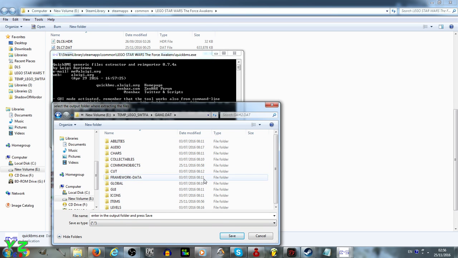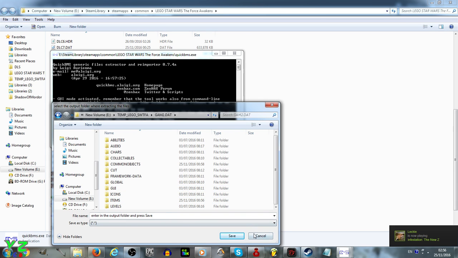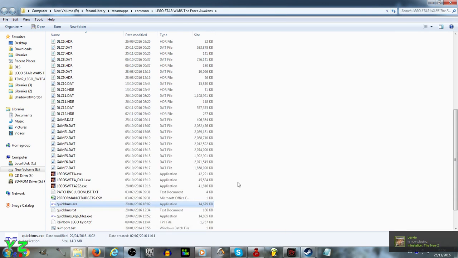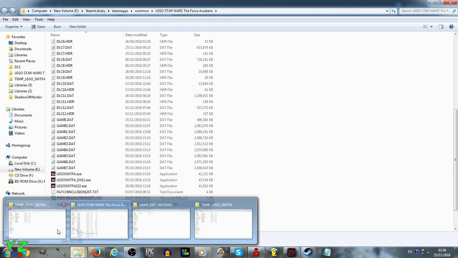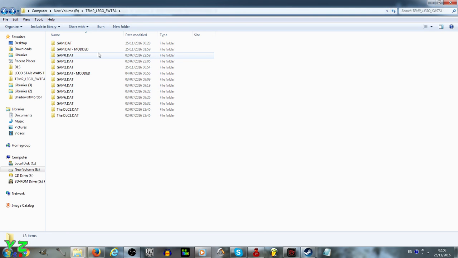Yeah, so obviously go into that folder and click save. You will have nothing here because you would have just created it. I'm not going to click it because I already have all the folders and files in there. So after you have clicked save, I'm going to click cancel. You go to that folder with the temporary extracted archives, and make sure you copy whichever folder you have extracted the files to. I personally call it game2.dat-modded,